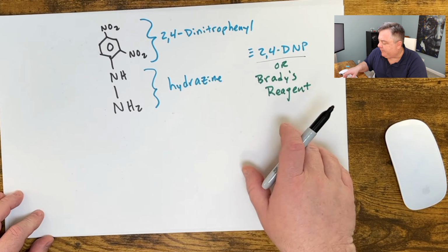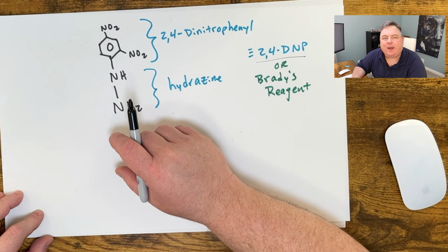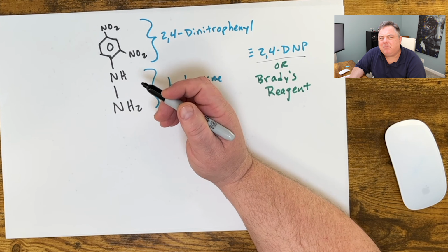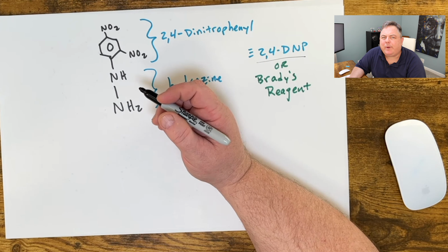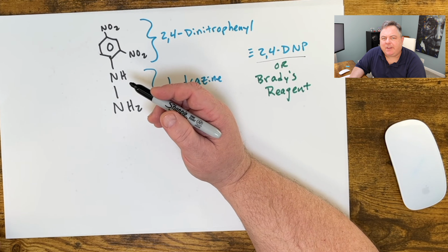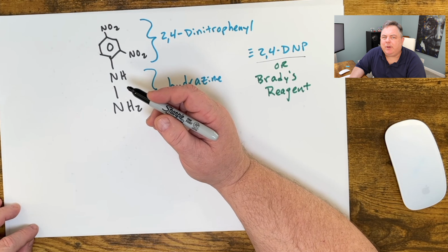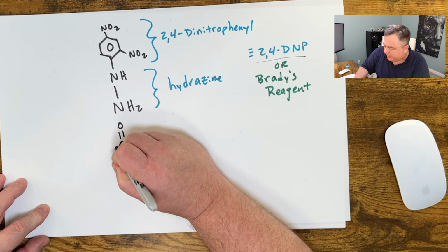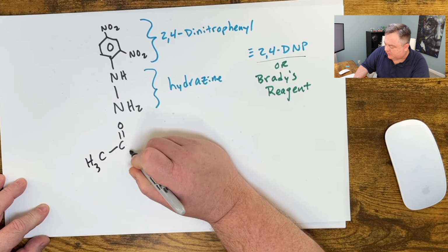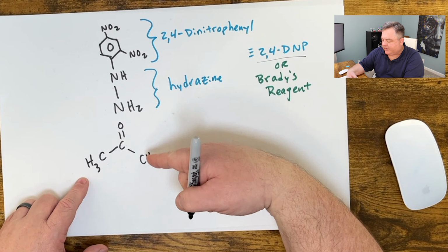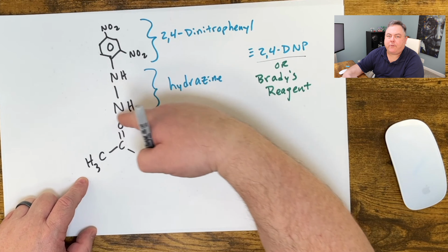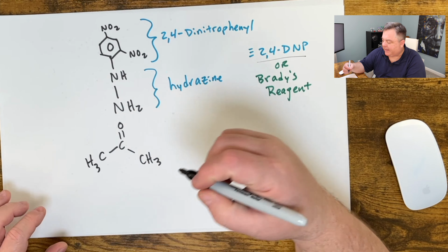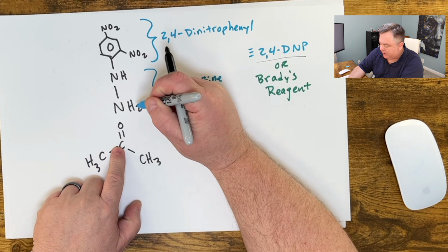This is a chemical, Brady's reagent, that I can use in the organic chemistry lab whenever I have an unknown compound that I think might be an aldehyde or ketone. There's some evidence for that. Maybe in the infrared spectrum, I see a big peak at 1700, and I'm thinking I might have a carbonyl. Well, I can take my aldehyde or ketone, which might be a clear, colorless liquid. Let's pick a ketone like acetone. So I can have this colorless liquid. I can take this orange solution called 2,4-DNP, this orange liquid, mix them together, and if I have a carbonyl,